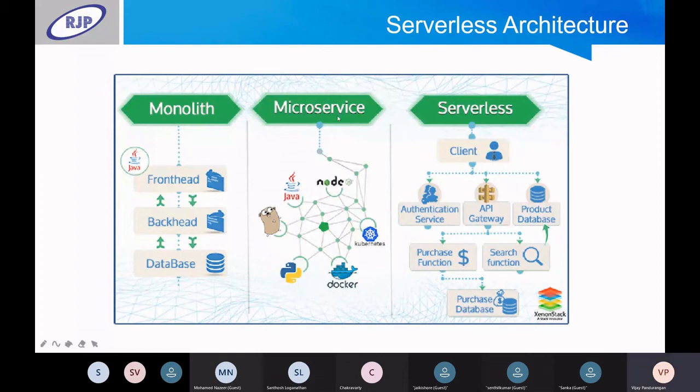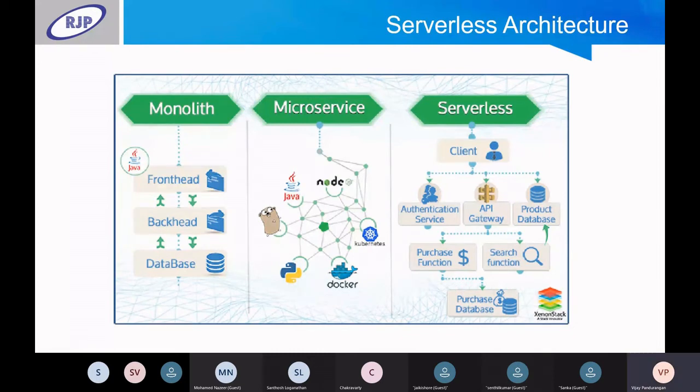And then came your microservices, where there was a single user interface which combined different microservices. And that's precisely why and where your Docker container, Kubernetes kind of stuff comes in. And today, thanks to your public cloud, your Lambda function, Azure function, Google function, you have this serverless architecture,